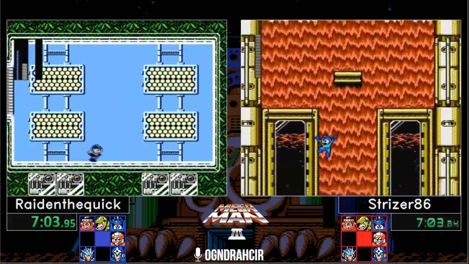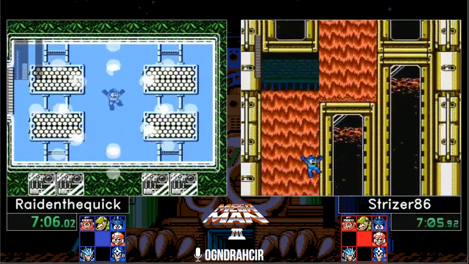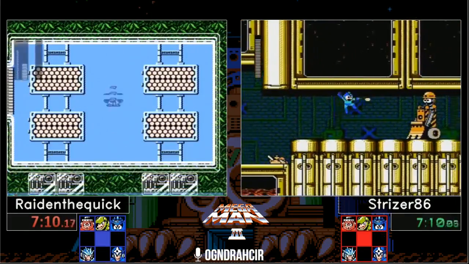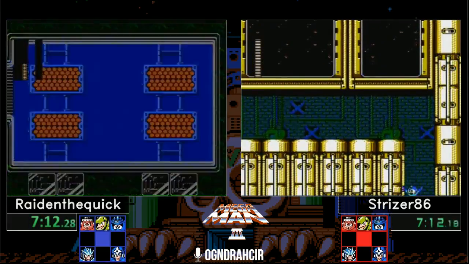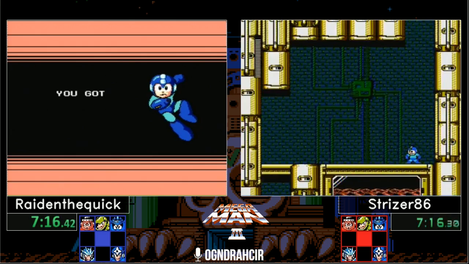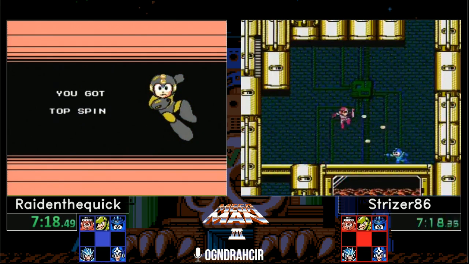So now we're going to see both players coming into Shadow Man. The last screen of Shadow, again, something that we didn't get to see in the last race, is that you see extensive use of magnet in killing all the enemies. Very easy to do,